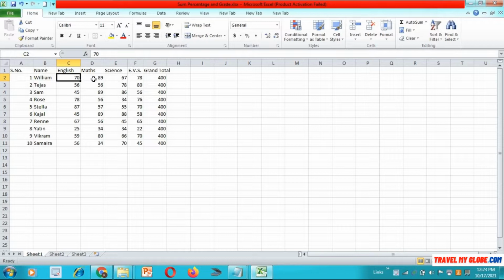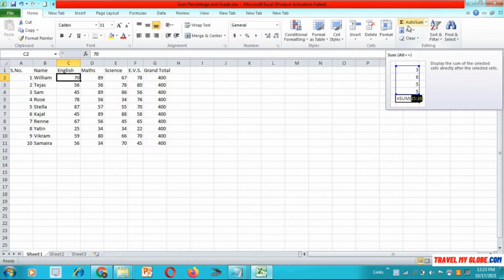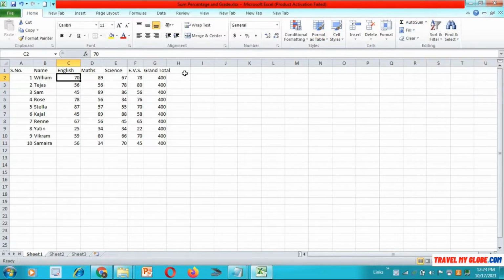So just calculate the sum by its given formula, auto sum. The first method is auto sum. Just click on it, auto sum. It will select the range for which you want to calculate the sum.